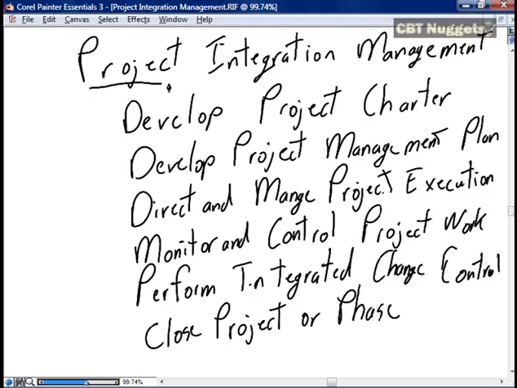This concludes our nugget. In fact, this concludes our entire series on project management. This nugget, the focus was project integration management, or better still, this nugget focused on the knowledge area for project integration management.